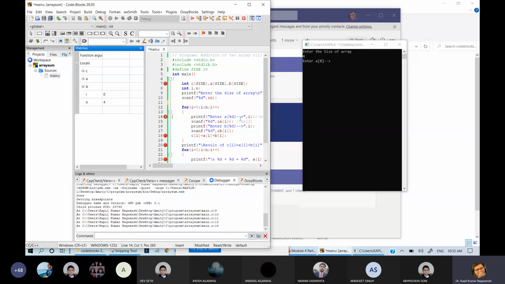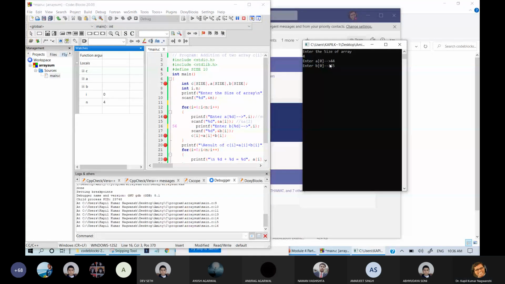It will display the output. Now it is fetching. As soon as I am pressing on this, it will take something. Now 44 is entered. I had pressed 4 so many times, so that's why it has taken 44. Now come to the next line. It is asking for the next thing. And now 56 will be entered here, 45 will be entered here. Now the next line will be coming.